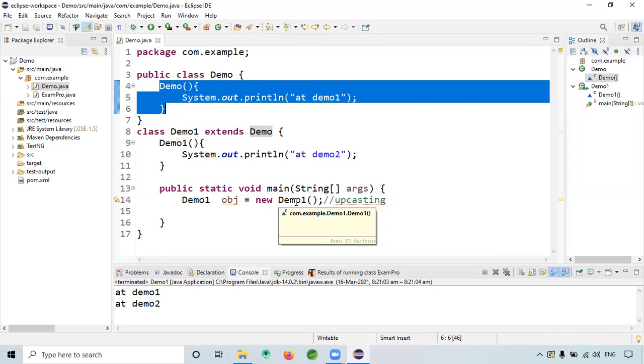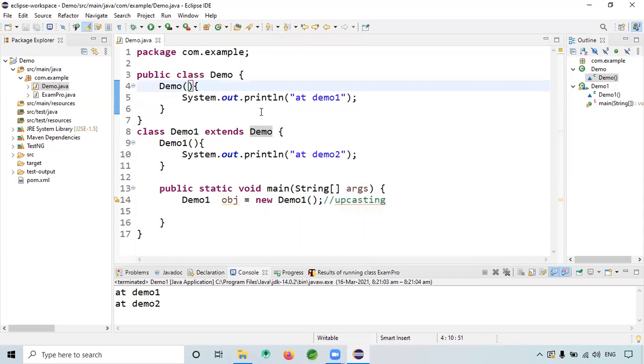Now let's say I have a parameterized constructor here, int a. It is throwing an error.